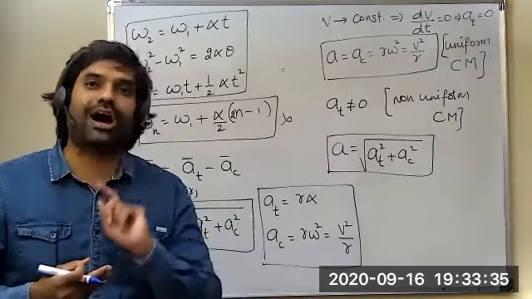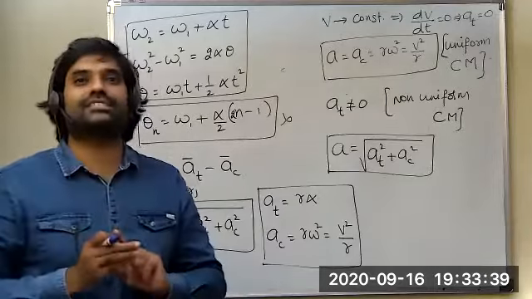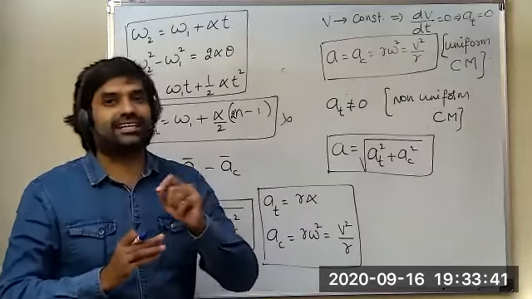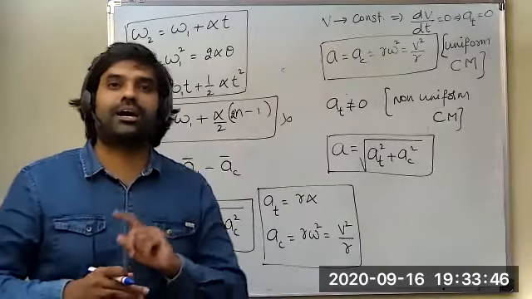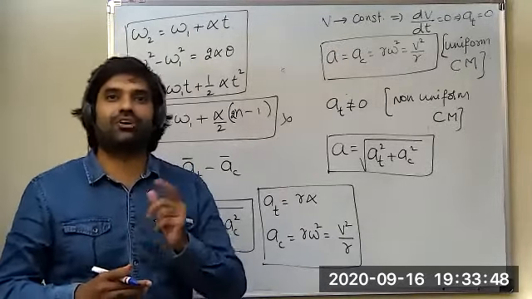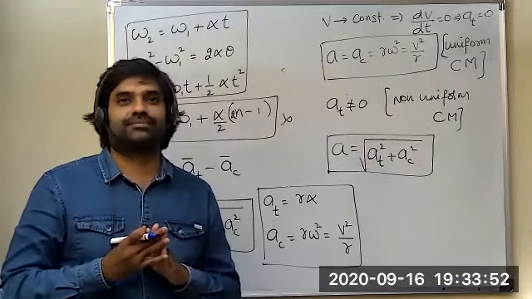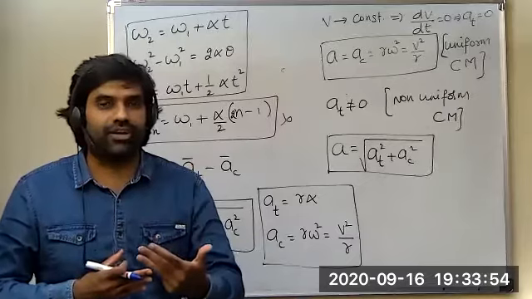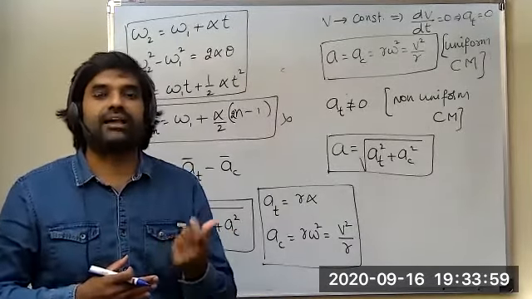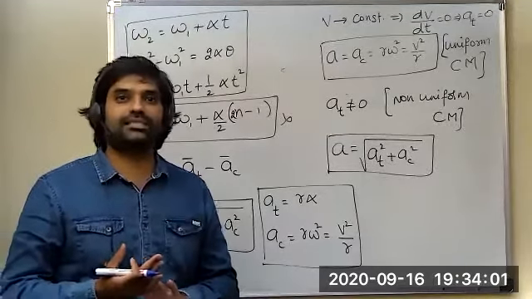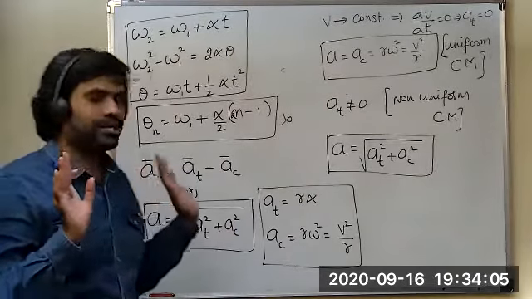L is equal to R theta. L is the length of the arc, or the distance covered by the body on the circle at any instant. Theta is its corresponding angular displacement. Okay, students, V is equal to R omega, L is equal to R theta, A is equal to R alpha. And we can also apply the kinematic equations as they are, just by replacing V with omega, S with theta, and A with alpha. Okay, guys. So this is about the kinematics of circular motion.